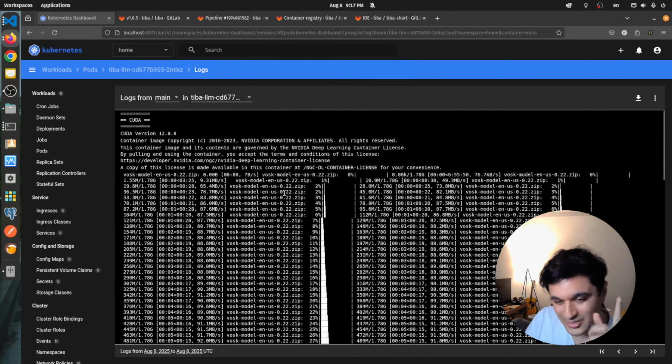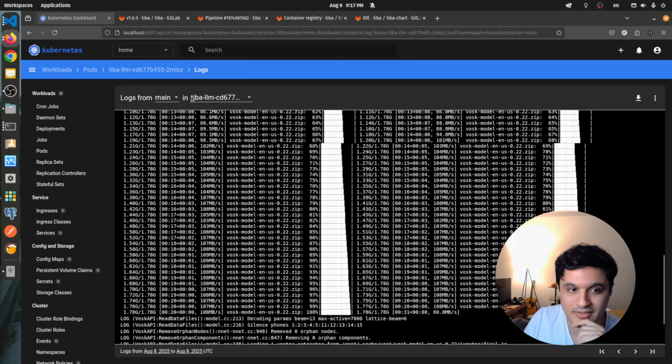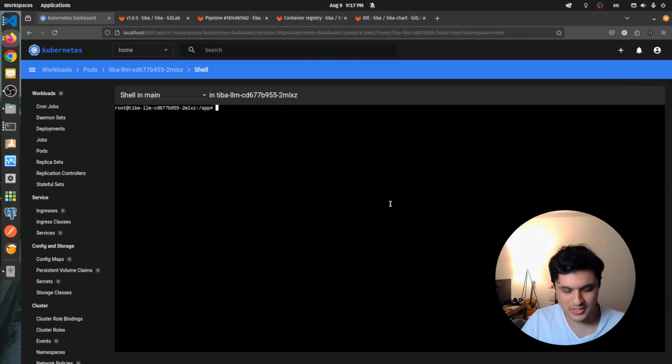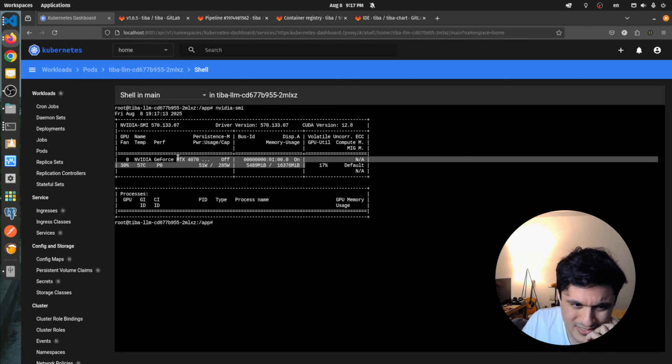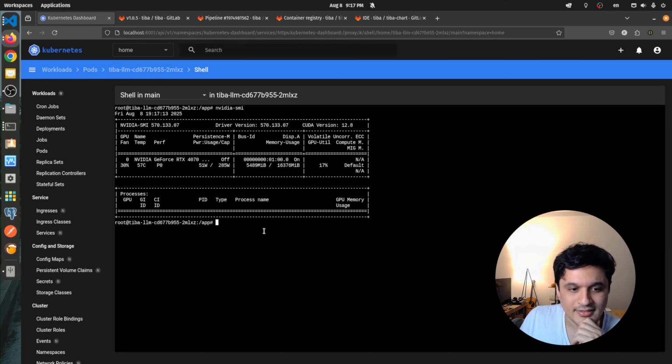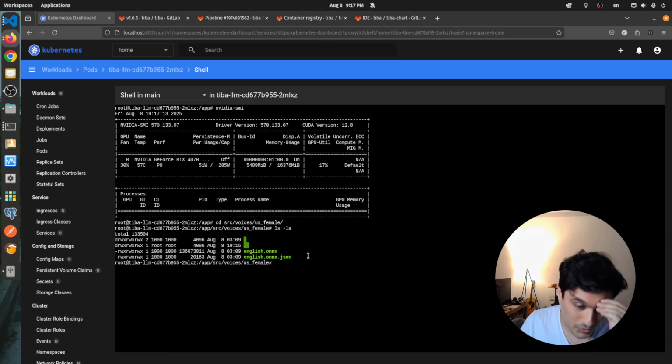The Ollama is not really running because we don't have the models copied here. And if I actually now also come here and do this, I will have my graphic card here up and running, exactly the same graphic card. And yeah, so if I also go to src, voices and the US female, you see that it is also loaded here. This is actually coming from my host. Yeah, but that's it. And I would continue, maybe create a new video to actually test it out when I